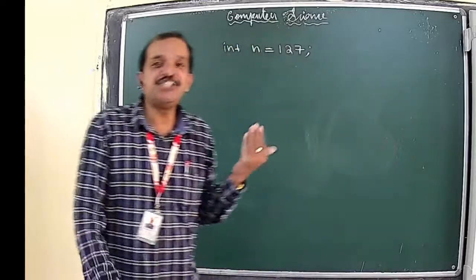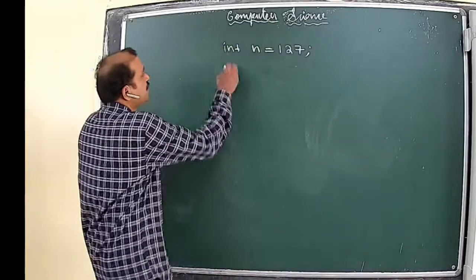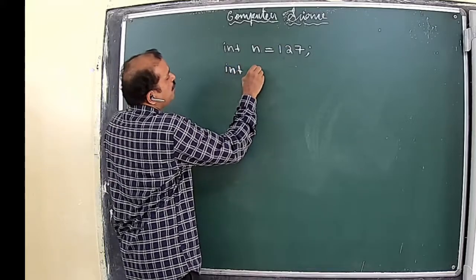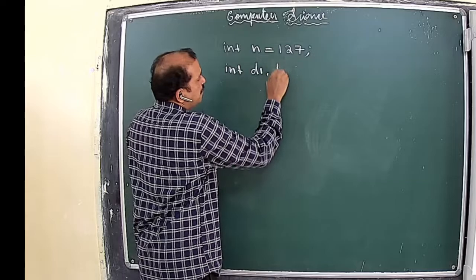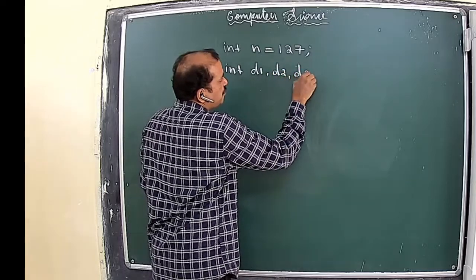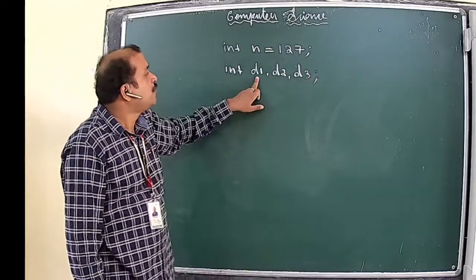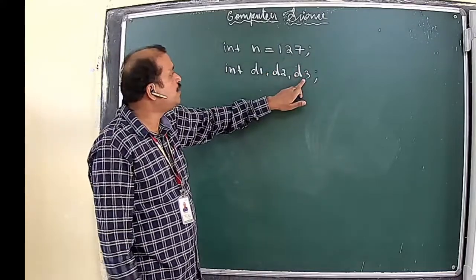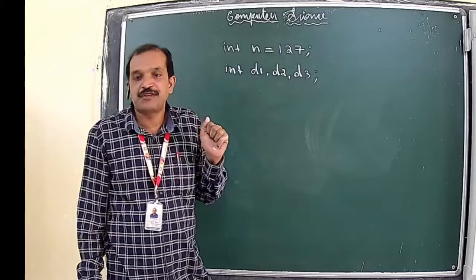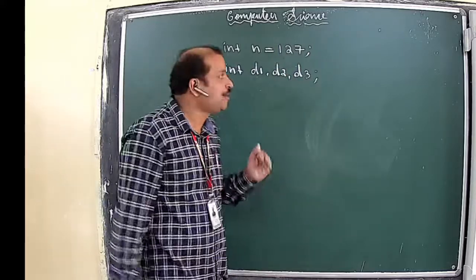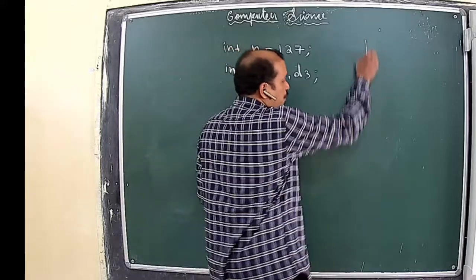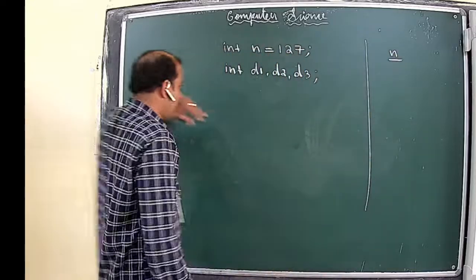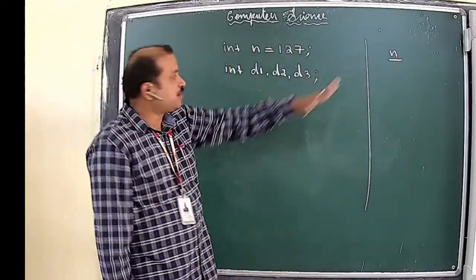For extracting each digit, now we will do it in the simplest possible way. Let's say that we will declare 3 different variables, D1, D2 and D3. To D1 we will extract this 7, to D2 we will extract 2, and to D3 we will extract 1. That is what we are going to do. Now for this one, even your dry run technique is very important. So we have to see what happens with this variable n also. All right. Now let us first see.